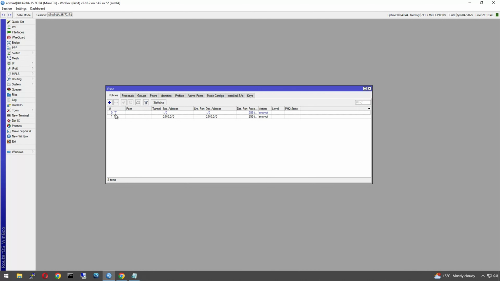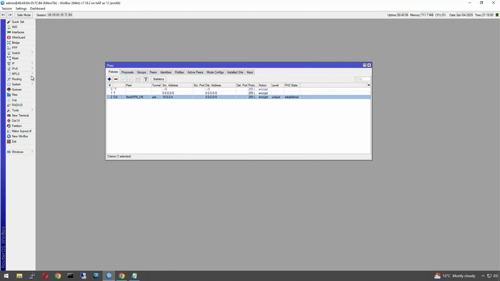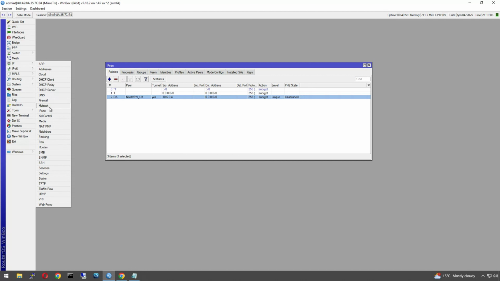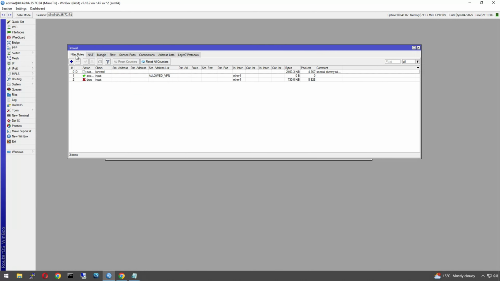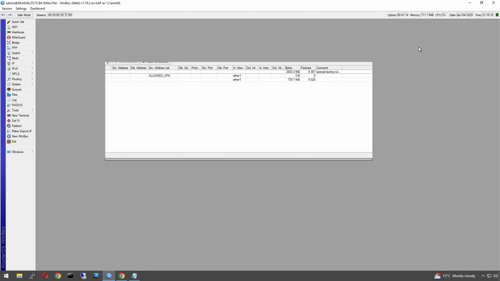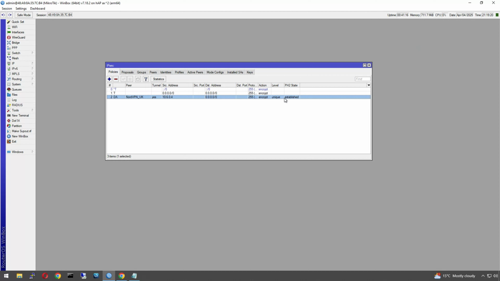Let's go into our policy. Right, okay. One thing, we're not going to be... oh no, we are established. I was going to say we need to allow it for the firewall, but again, that's where allowing that established traffic comes into play, because normally we then need to allow on the input chain the IKEv2 and IPsec ports and protocols, but because it's being started from the MikroTik itself, it's able to go through that established rule, the traffic coming back. So yeah, we should have an active,